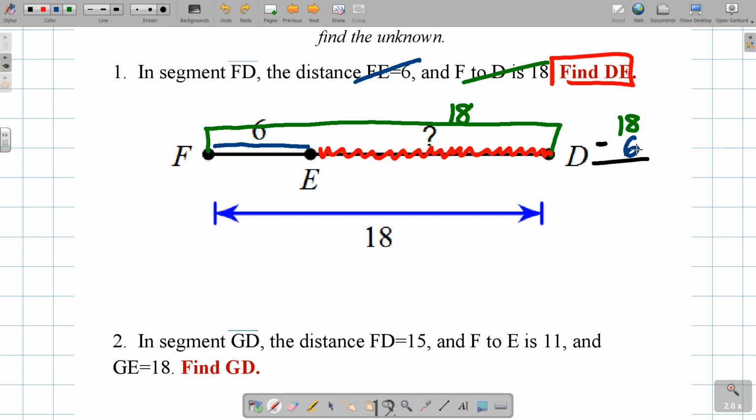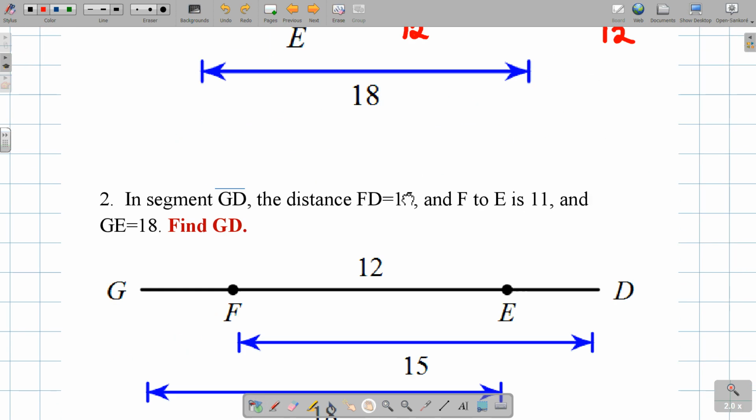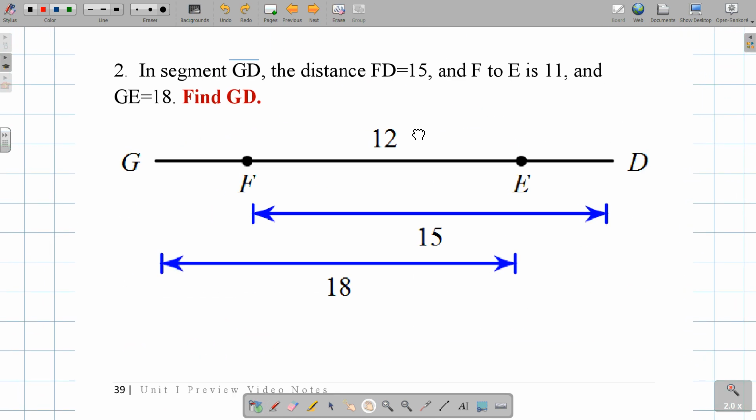Let's try another one. Now we're going to get a little bit more complicated. Step number 1, again, finger right there, finger, not pencil. Read with 3 body parts. Read aloud with me. In segment GD, the distance F to D is 15, and F to E is 11,